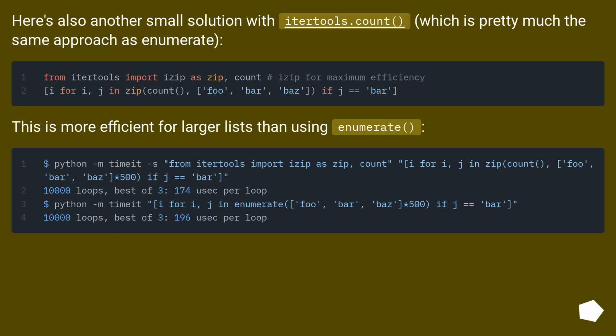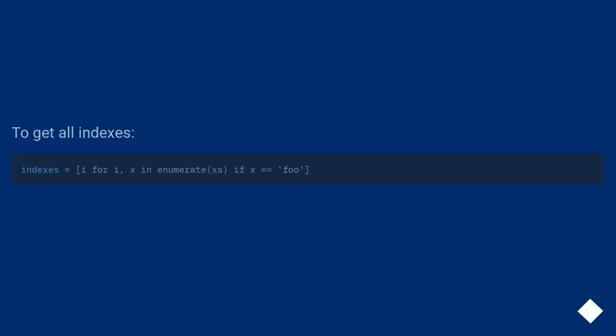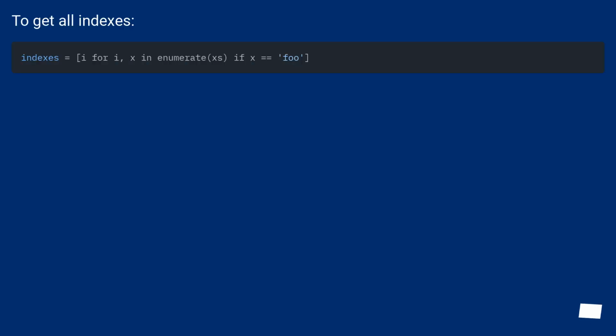Here's also another small solution with itertools.count, which is pretty much the same approach as enumerate. This is more efficient for larger lists than using enumerate. To get all indexes: